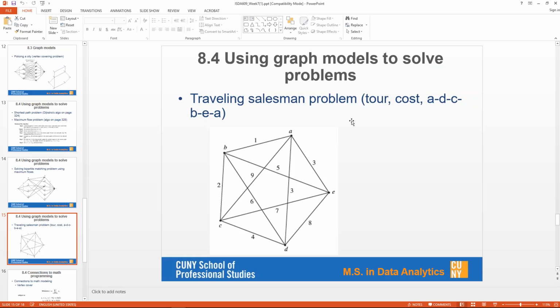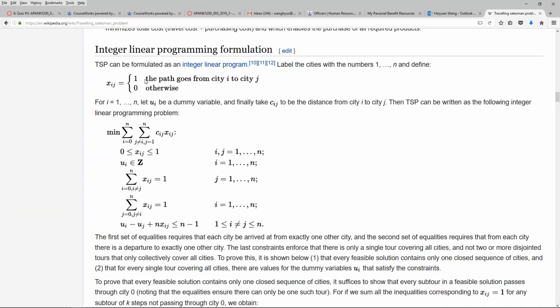So in this case, if at the end we choose A to D first, then xad equals 1. Otherwise, if you don't choose A to E, for example, then xae equals 0. So our decision variable is 1 if the path goes from city i to city j, otherwise 0. And then what we're trying to do, we're trying to say that